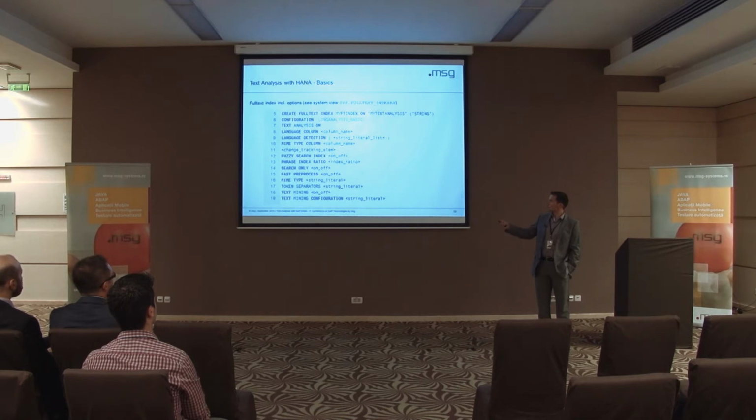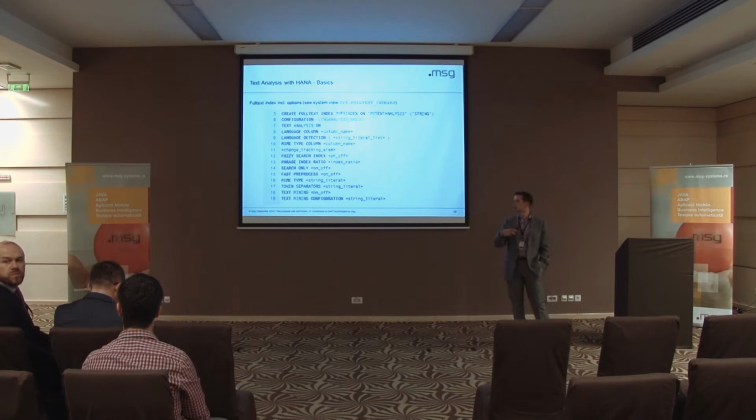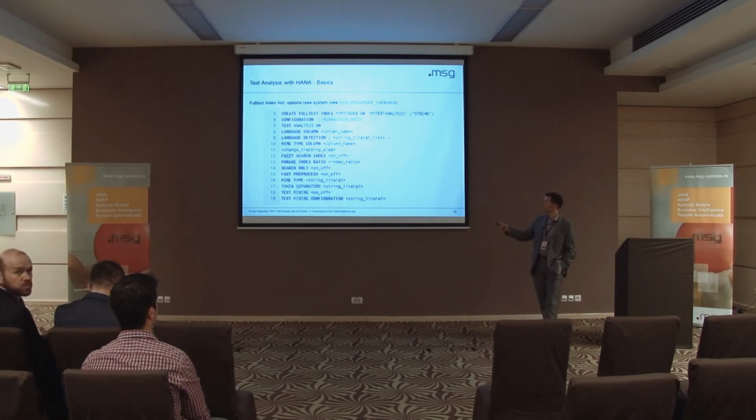And then there is one very important point in order to create the full text index, and that's this line here. It's the configuration line. This is where the magic happens. With this configuration, you tell the system at what point of view it should take in order to extract the information out of the data. For example, shall it do a lingual analysis, just tokenizing the text and telling you is it a noun, is it a verb? Or shall it do something different? Shall it do sentiment analysis?